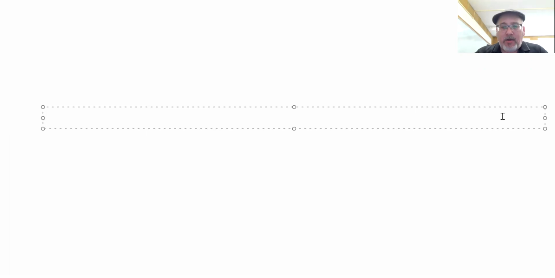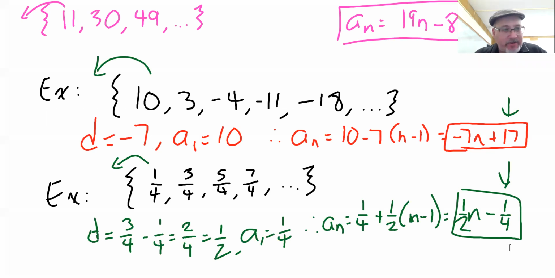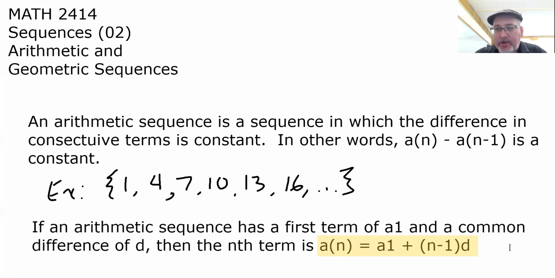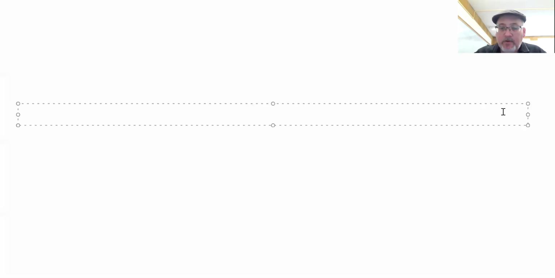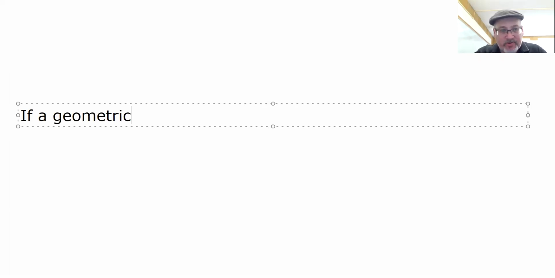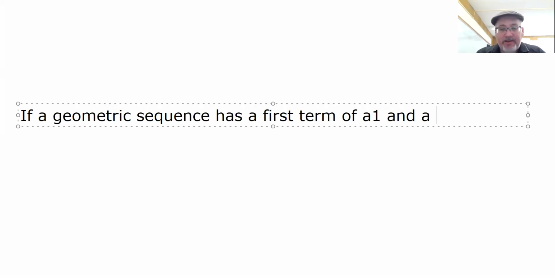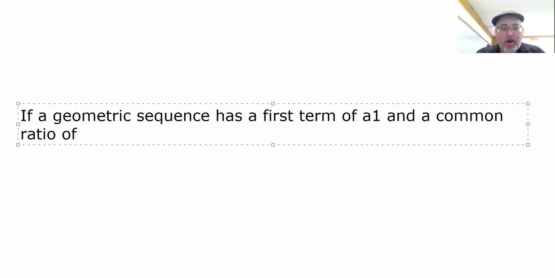All right, I'm going to be consistent with the wording here. Okay, the geometric sequence, let's start it. If a geometric sequence has a first term of, we're still going to call it A1, and a common ratio of R, then the nth term is given by,